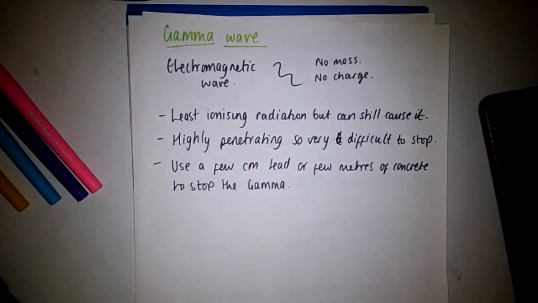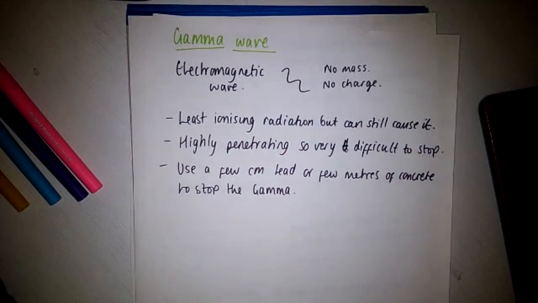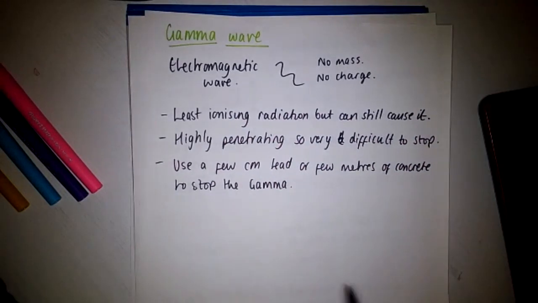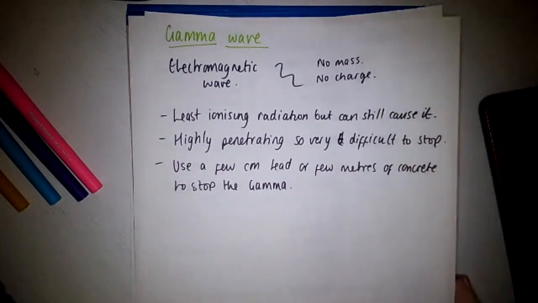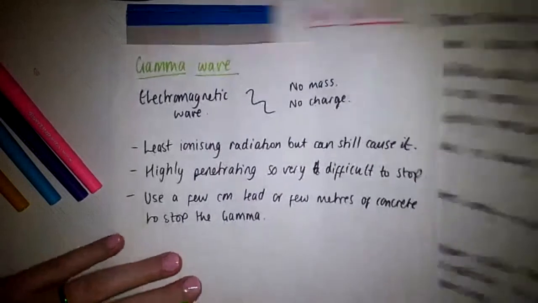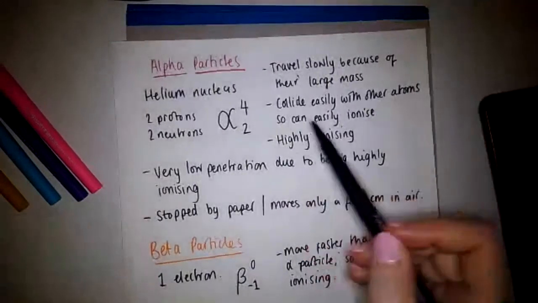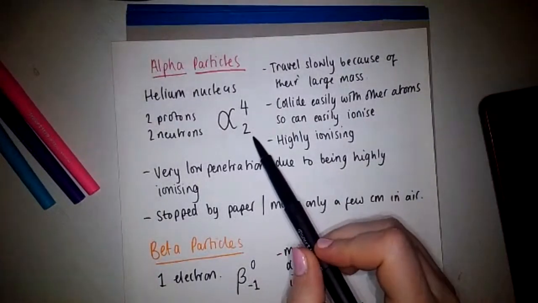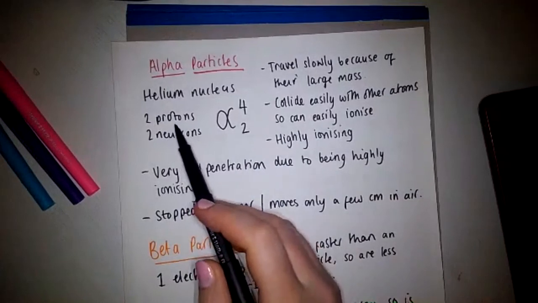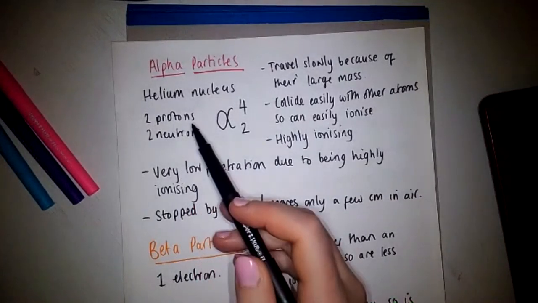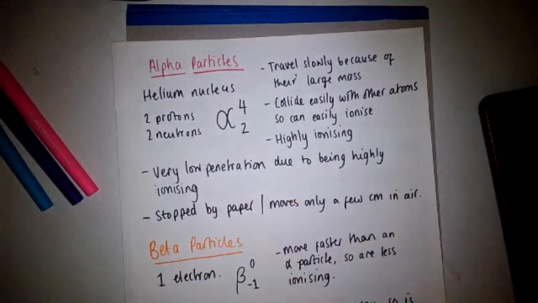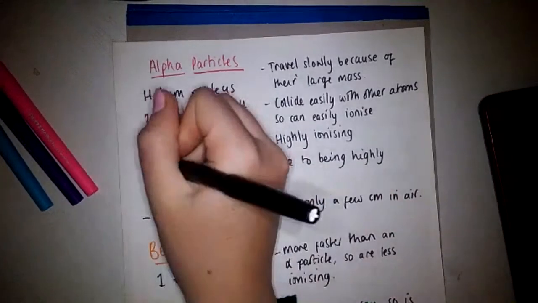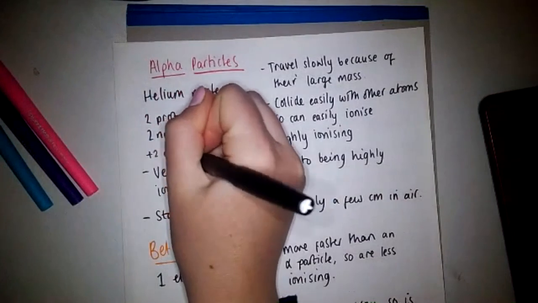Okay, so just to go back very, very quickly, the thing I forgot about: gamma waves have got no charge, because you can get asked this. I do forget this all the time, so I apologise. Alpha particles have got a charge. They've got 2 protons. Protons are positive, so it has a 2+ charge. So I'll just scribble that in just under here. So it's got a +2